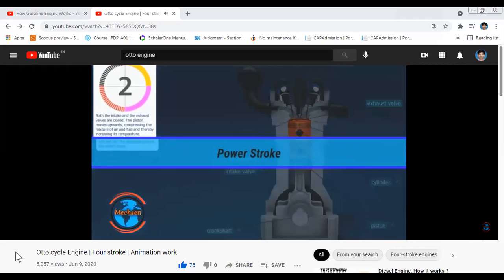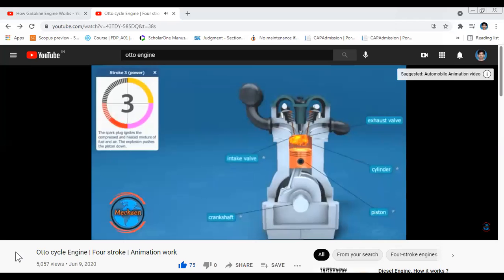Power stroke, also known as combustion or ignition. This is the start of the second revolution of the four-stroke cycle. At this point, the crankshaft has completed a full 360-degree revolution. While the piston is at TDC, the end of the compression stroke, the compressed air-fuel mixture is ignited by a spark plug in the gasoline engine or by heat generated by high compression in diesel engines, forcefully returning the piston to BDC. This stroke produces mechanical work from the engine to turn the crankshaft.